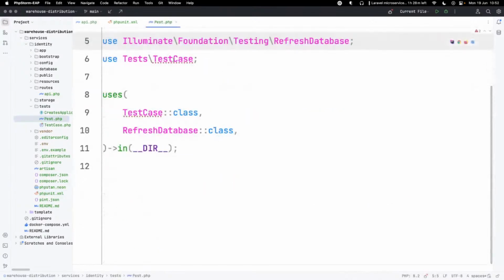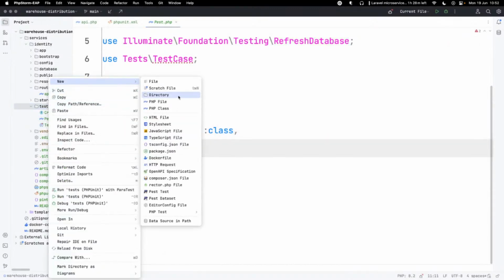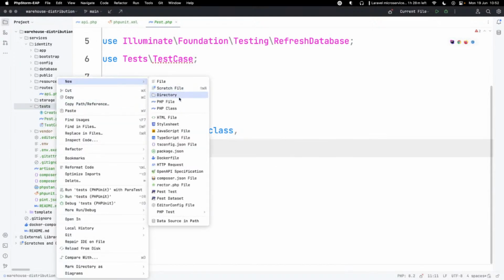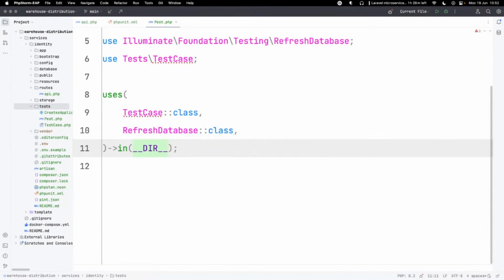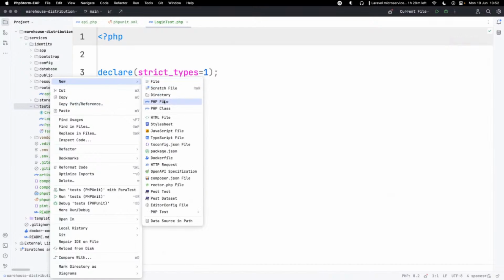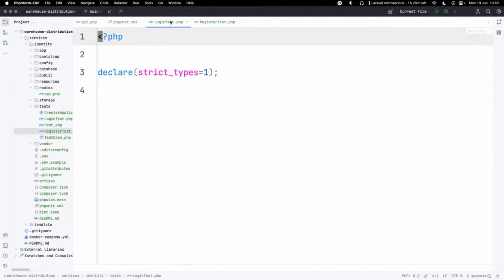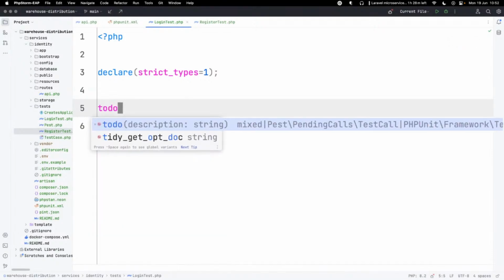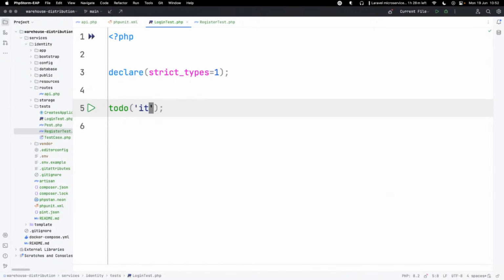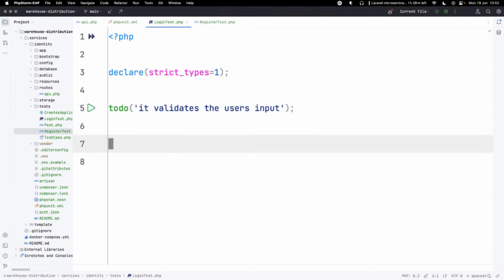So it's complaining about test case because of how I've set up the repo. So we've got everything within here. What we're going to do is just create one in the root folder here and just go login test, and then we're going to create a register test. So we've got two tests going on here. So login, what are we going to test against? We want to make sure that it validates the user's input. No brainer, right? What else do we want to test against? We want to validate that